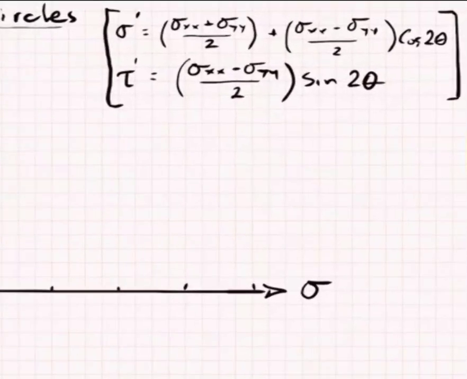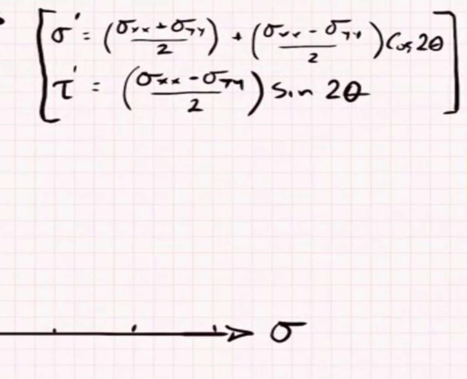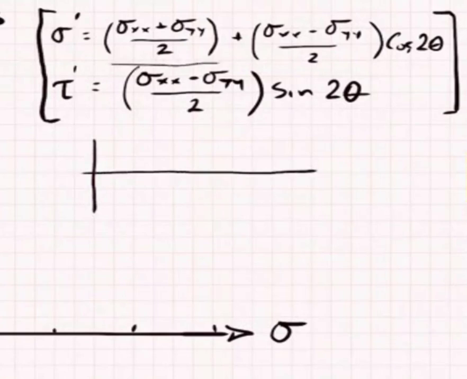Before we start drawing, though, take a close look at these expressions for sigma and tau. Let's think just a little bit about how they interact. And I'm going to just start at an arbitrary point. Actually, not an arbitrary point. Let's start at the mean of the normal stresses, sigma xx plus sigma yy. And we'll just put a point right there, and we'll let tau be equal to 0 for the moment. We'll ignore it. And notice that that term is a constant, and then the second term here